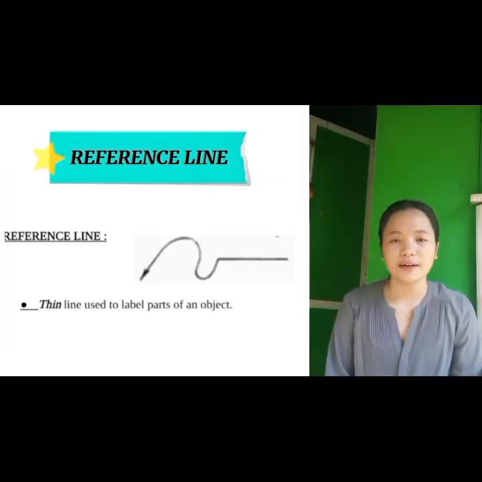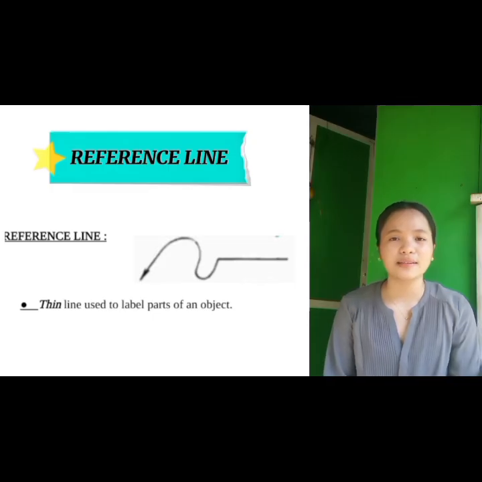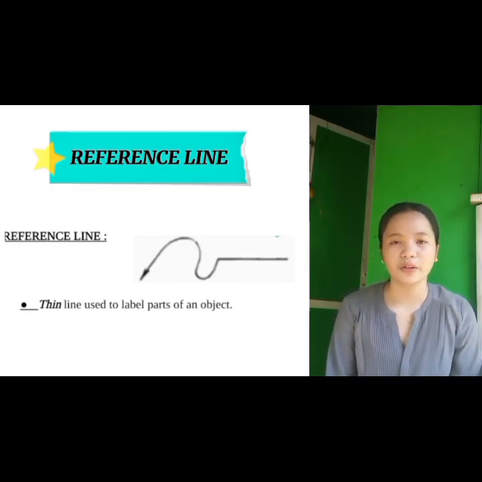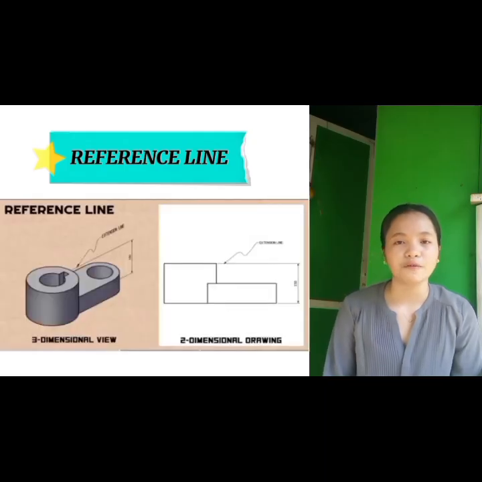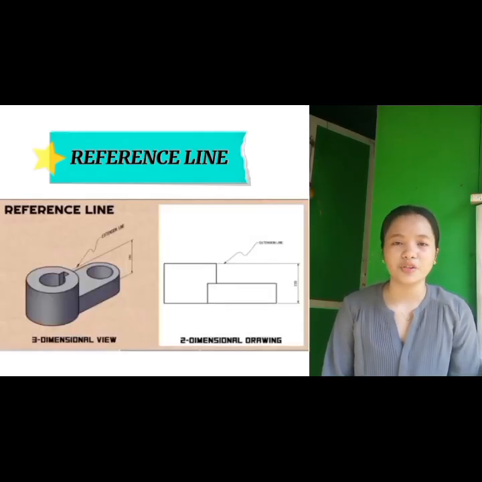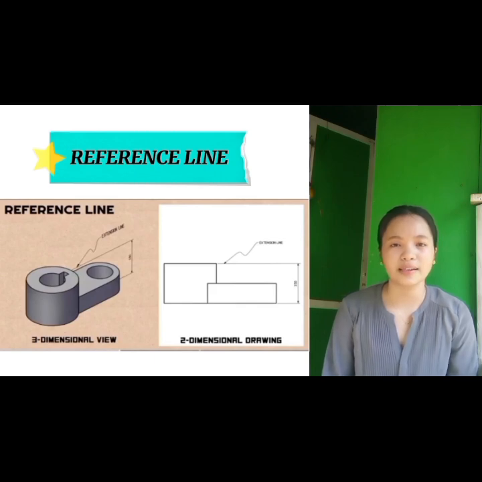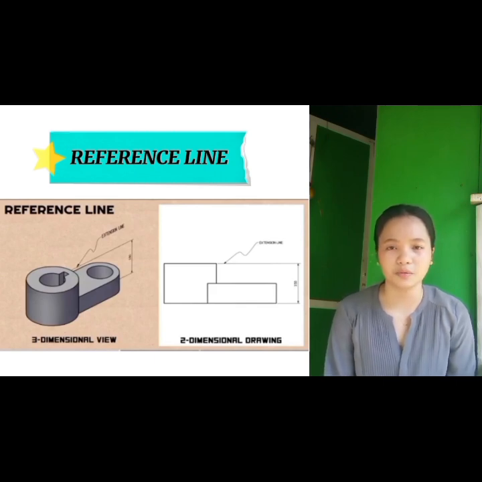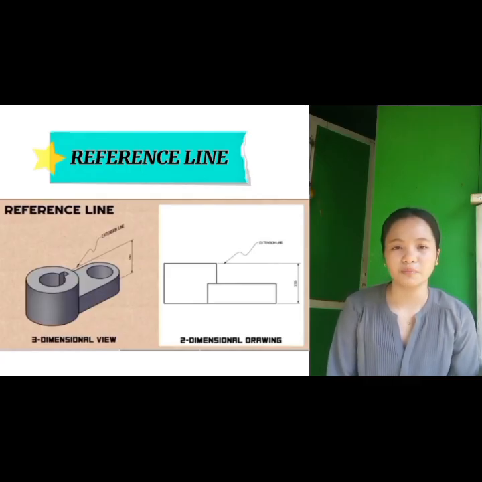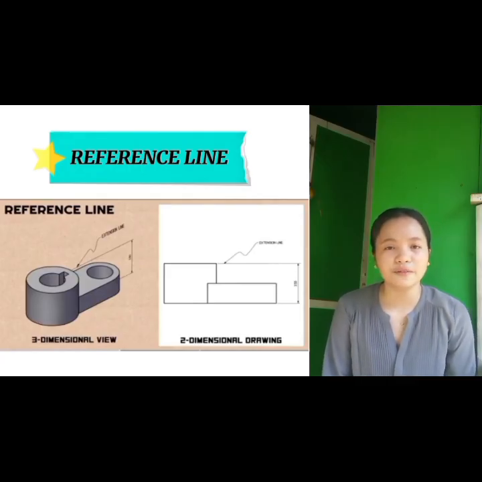So next, we have the reference line. As you can see in the picture, a reference line is used to label or describe parts of an object. For example, it can show measurements, notes, or additional information about a drawing. Unlike the leader line, the reference line is more general and is used to explain or identify certain details in the object. For example, if you are making a drawing of a machine part or a building, the reference line